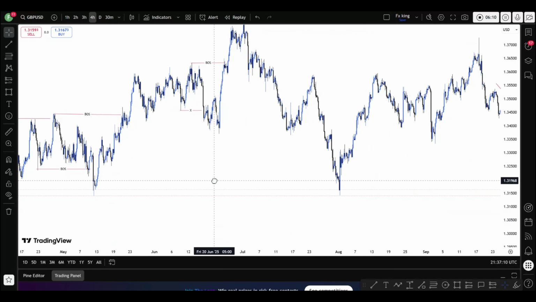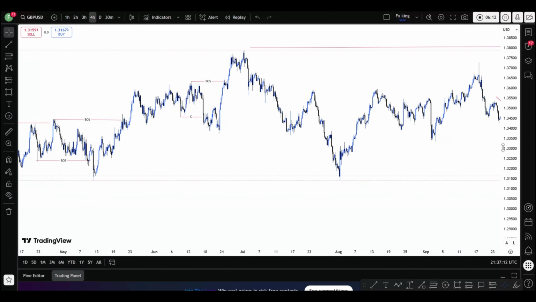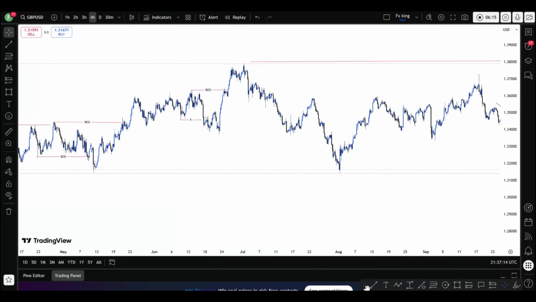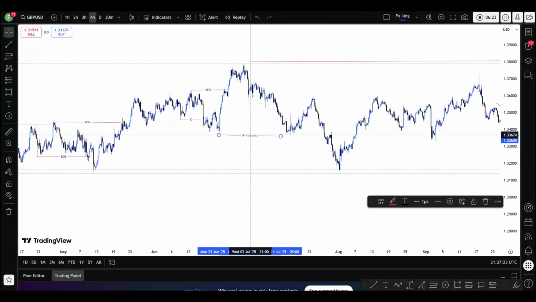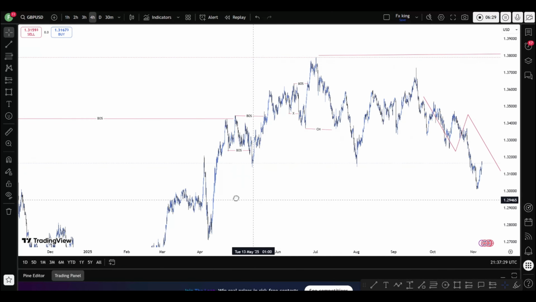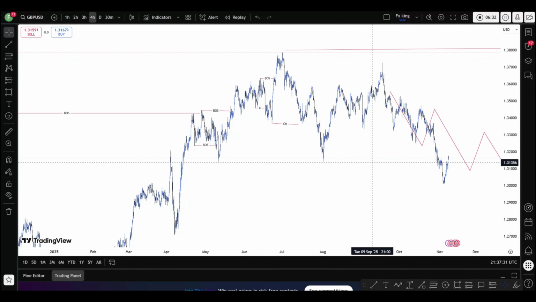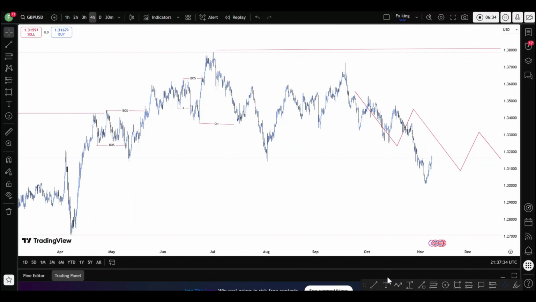So now looking at this, there's one thing you can notice from all of this. After we zoom in on these internal structures here, we have what we call a change of character. Now, why is there a change of character here? This is to facilitate the internal pullback. So if I zoom back out, you can see that the market has been respecting this change of character and pushing to the downside. When I say respect, you can see that after this change of character here,